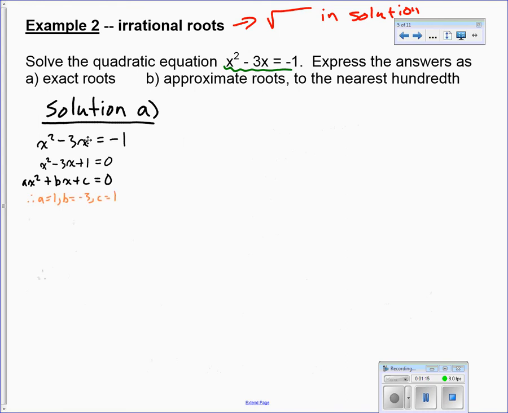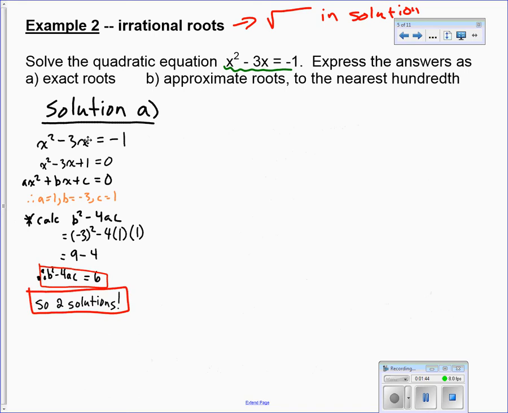So now, in this case, we're going to say A, B, and C are these values, and then we're going to substitute in and get our b squared minus 4ac. So we're calculating our b squared minus 4ac, which ends up being this. And then we end up with b squared minus 4ac being 6. Now, if you remember, always look at your sheet that we had. Our summary sheet said if the b squared minus 4ac was greater than 0,